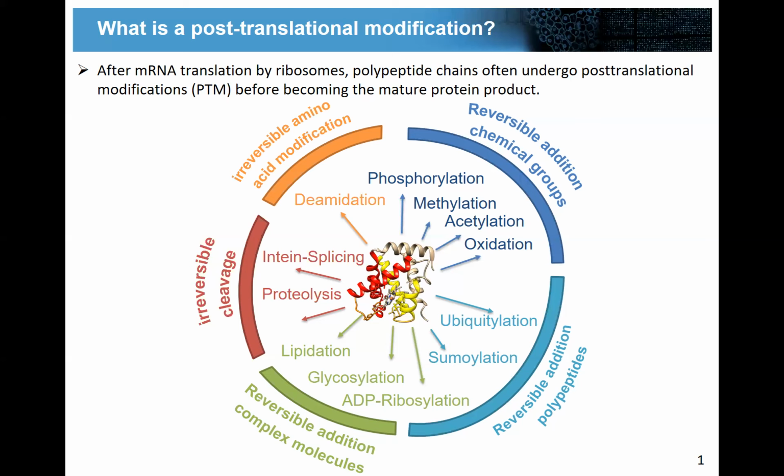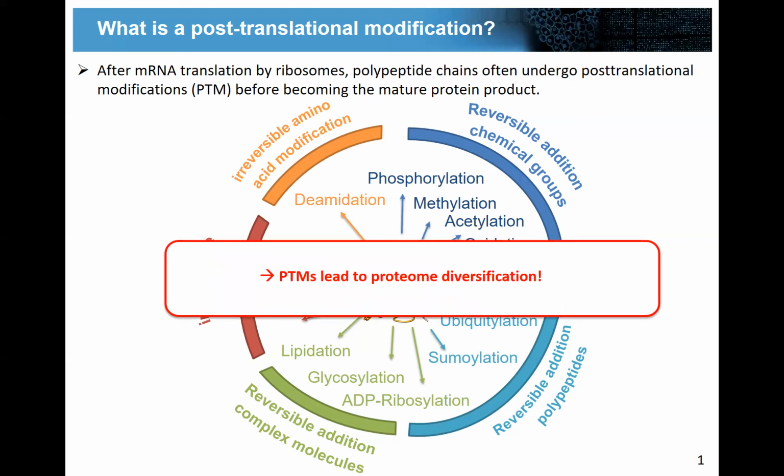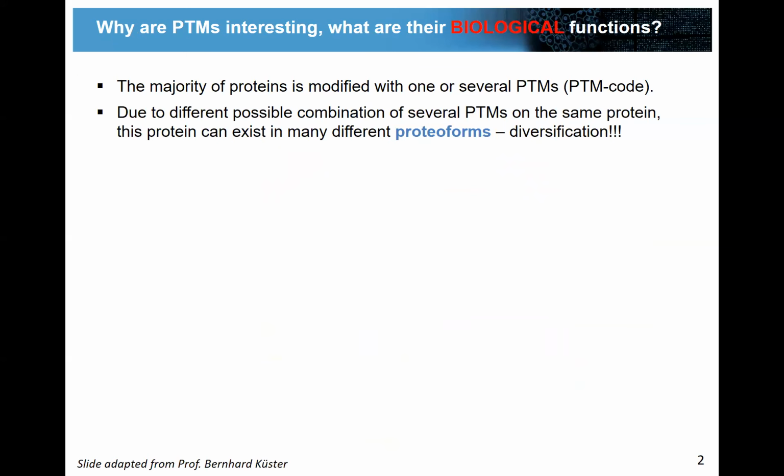Okay, what I want to say with this whole figure is that PTMs are really super diverse, and they also really lead to proteome diversification. So due to all these PTMs, proteins can do what they're supposed to do, and they really change a protein in many ways. Why are PTMs interesting at all? And again, here I focus on the biological PTMs that occur in nature. So the majority of the proteins that we know are modified, at least at a certain time point during the lifetime of a protein. And there are even many proteins that carry not just one PTM, but they can carry